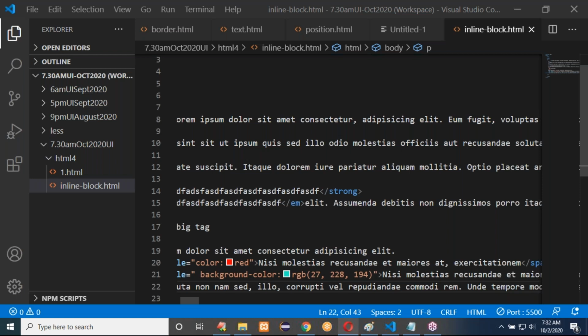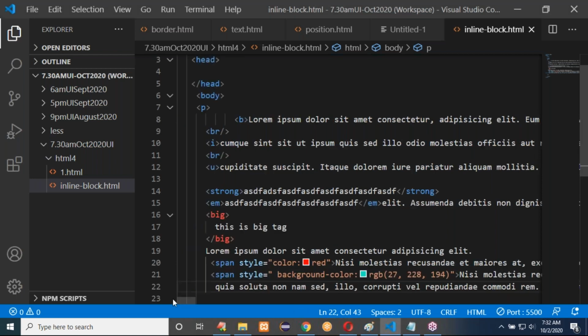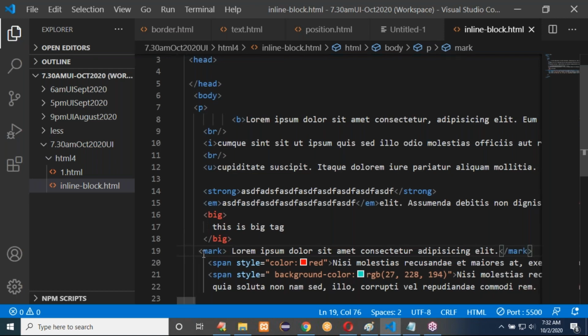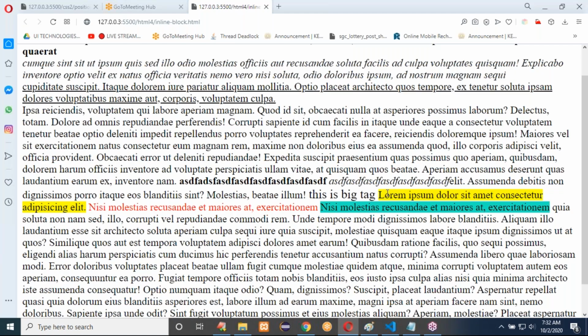That's why they innovated in the next version, HTML5. They are using the mark tag here. If I write the mark tag, by default it will show a yellow color background. If you want, you can change it by CSS, but by default it shows yellow, rather than writing a span tag. See here, this total content is by default showing yellow color. This is because of the mark tag.